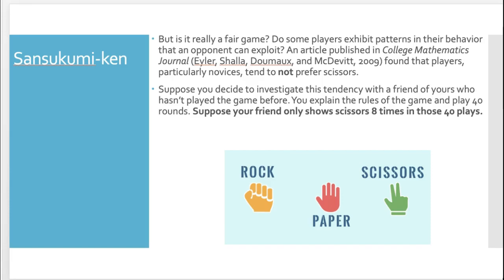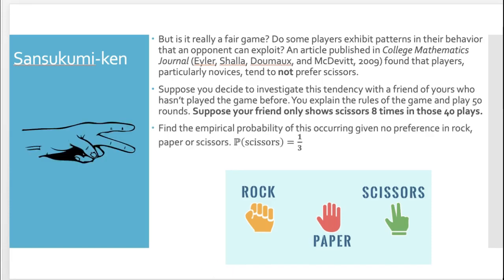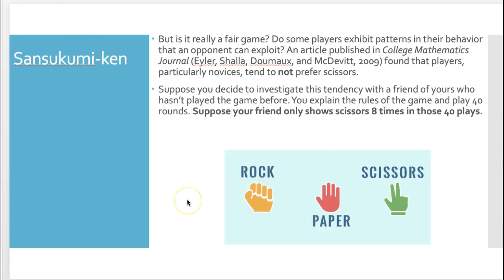it's a small number, right? Definitely less than a third. Okay, so what we want to do is say, well, how likely is it that we observe that given that there's no preference? All right, so what we want to do here is see how likely is it that we observe this outcome, right, given that there's no preference. Okay, so